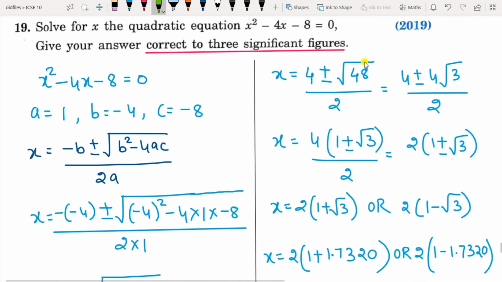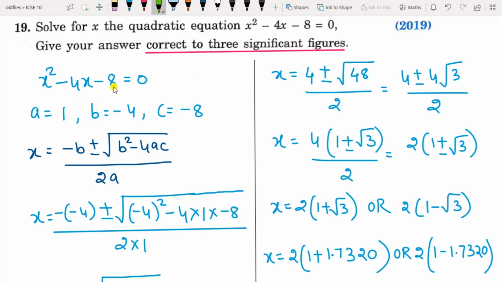This question is asked in 2019. Here they are asking to solve for x correct to 3 significant figures or 3 decimal places. So up to 3 decimal places means you have to solve up to 4 decimal places and then convert it to 3 significant figures or 3 decimal places. So the word correct to has been written here. If the correct to word is not written, then whatever number has been given to you, either 2 or 3, you have to solve up to there only. But if correct to word is written, you have to solve one more digit and do the correction up to 2 or 3 significant figures.